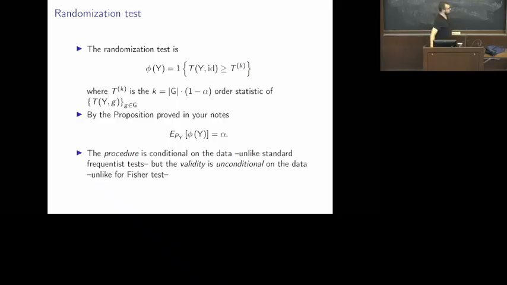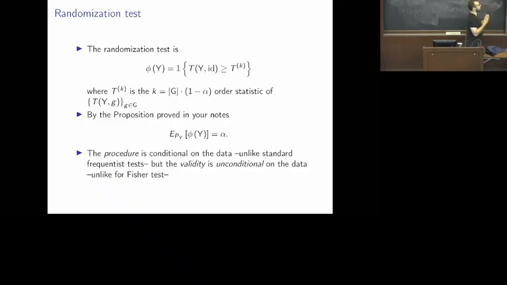Okay, and then the randomization test we saw, and again, I'm very intentionally using overlapping notation. So I get my test statistic where the permutation is the identity. I look at all permuted test statistics, pick the 1 minus alpha quantile of all the permuted test statistics. If I have my strong null, so the randomization hypothesis is satisfied, and G is a group, we've shown formally that this is going to give me unconditional validity, so over an expectation over Y, the test is going to reject under the null